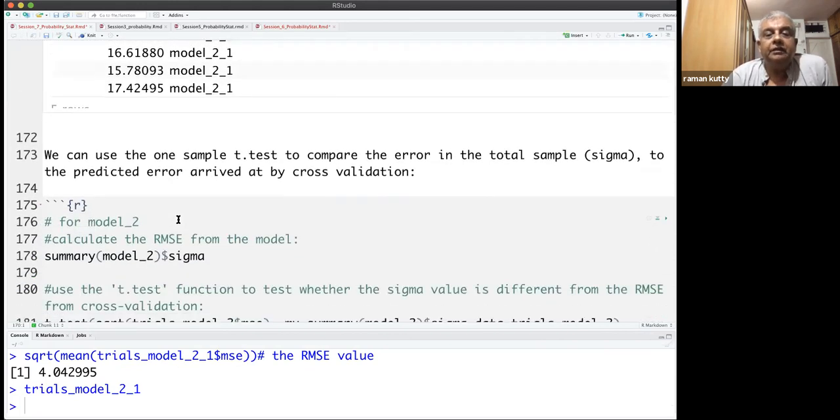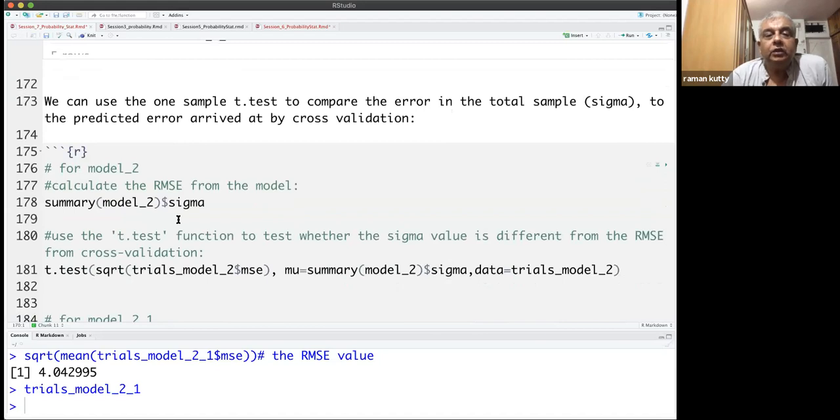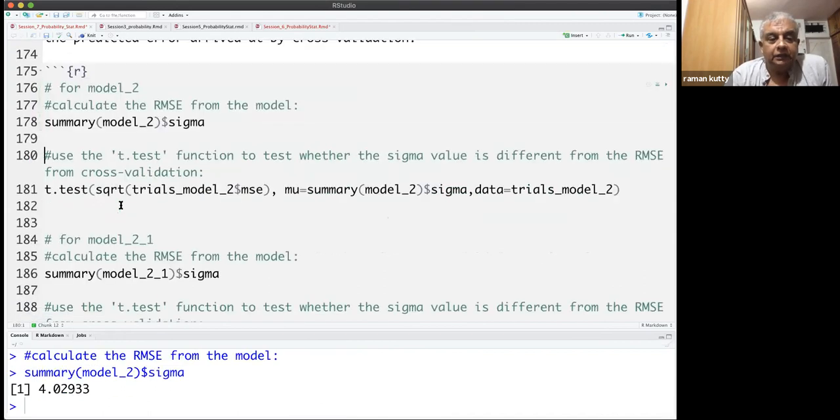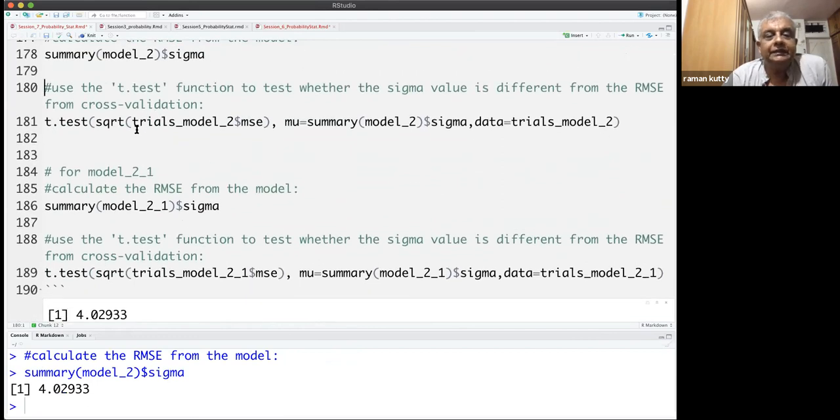When we get the mean, we can actually compare it with a t-test. We can use the sigma from this model, as we have seen, 4.02, and we can use the one sample t-test, which we have looked at.